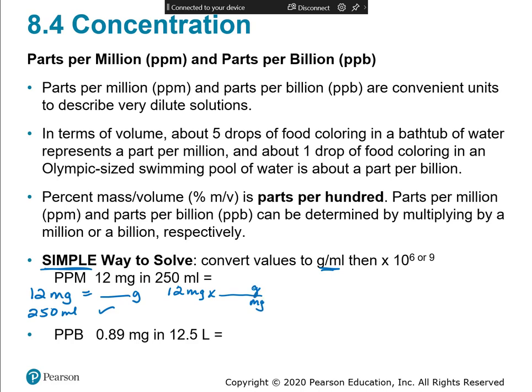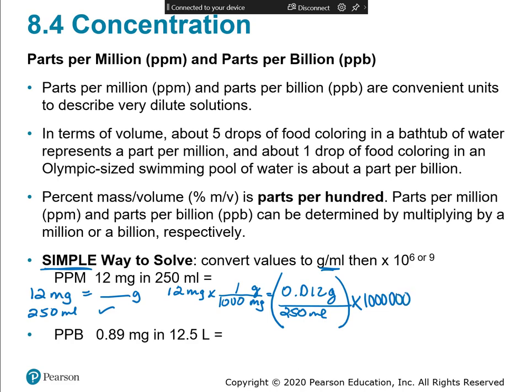And typically, it's just a single unit conversion. Milli means what? 1,000. Anytime you have milli, 1,000 goes in front of it, and the base unit gets a 1. So 12 divided by 1,000 is 0.012 grams. Decimal place goes to the left 3. Divided by 250 mL. So I'm going to take 0.012 divided by 250 mL, and then I multiply times